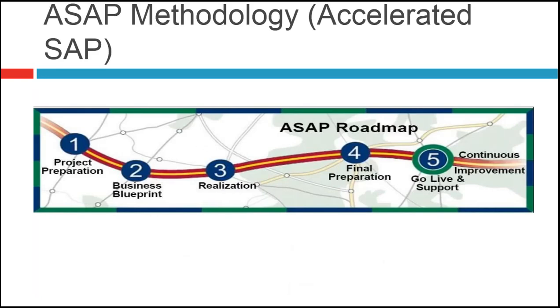So SAP follows a methodology which we call the ASAP methodology. ASAP is nothing but Accelerated SAP. Its purpose is to help design SAP implementation in the most efficient manner possible. Its goal is to effectively optimize time, people, quality, and other resources using a proven methodology for implementation. Here, there are 5 phases of implementation. SAP focuses on tools and training wrapped up in a 5-phase process-oriented roadmap for guiding implementation.